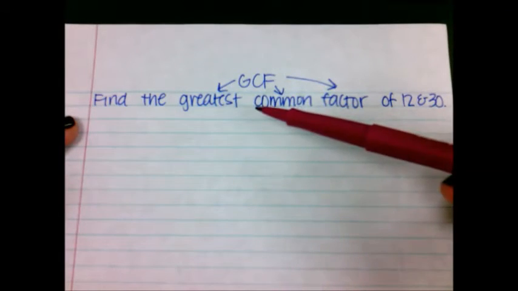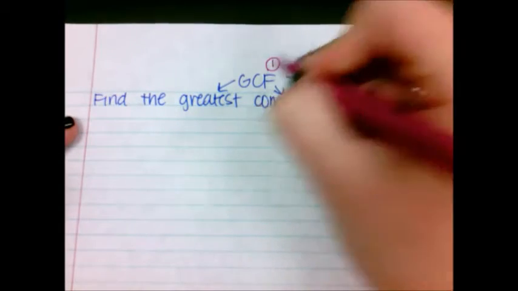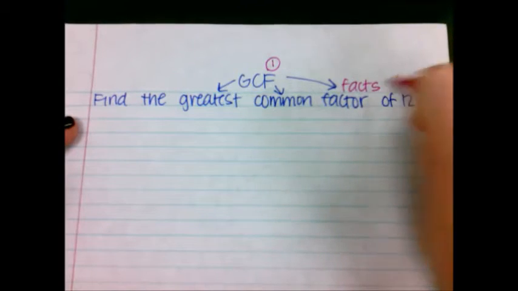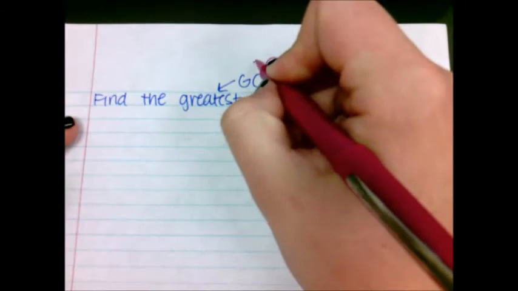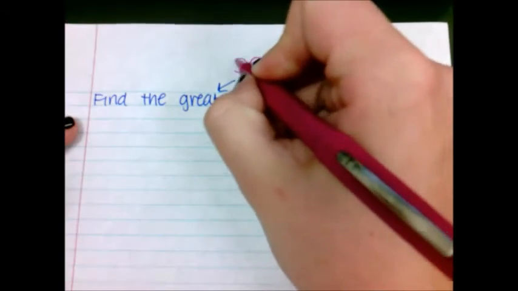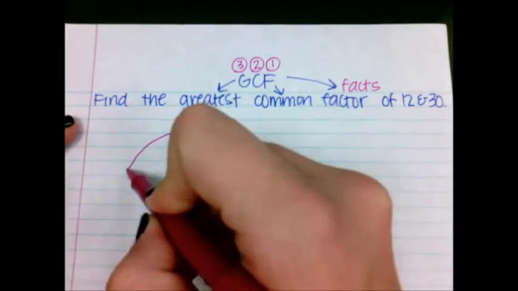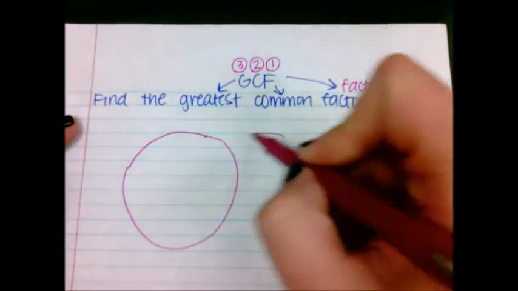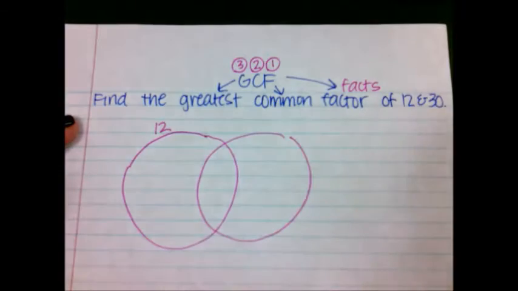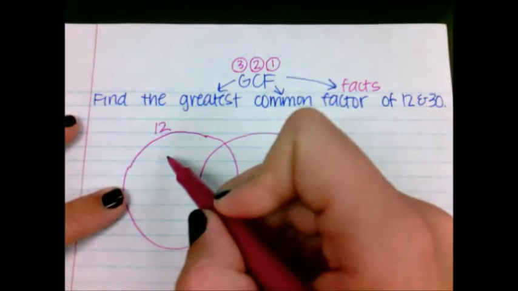And a great way to remember what we should do is work backwards. We're going to list all of the factors, which are multiplication facts, for these numbers. Then we're going to find the ones that they have in common, and then we're going to find the greatest. One of the easiest ways to do this is with a Venn diagram. I'm going to put 12 on one side and 30 on the other, and I'm going to list all the